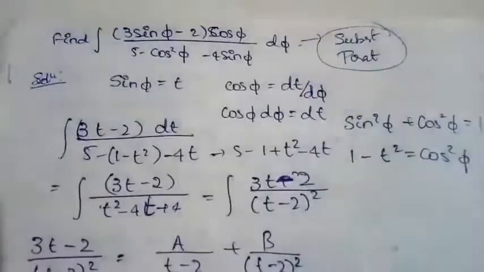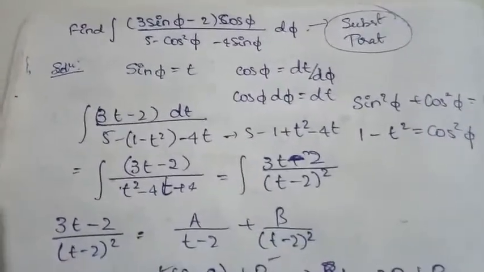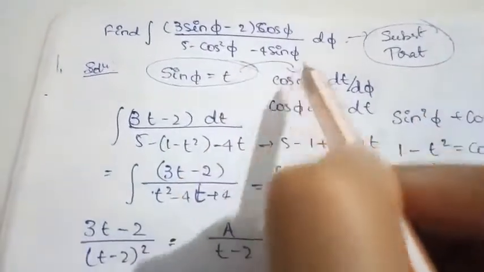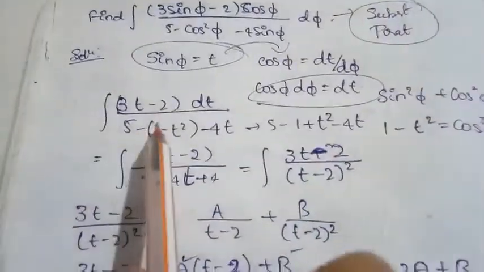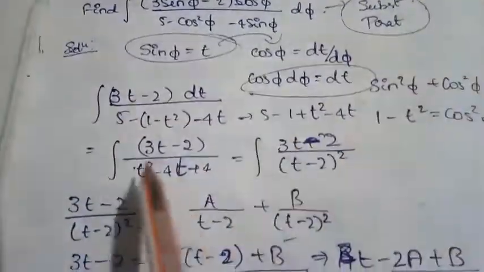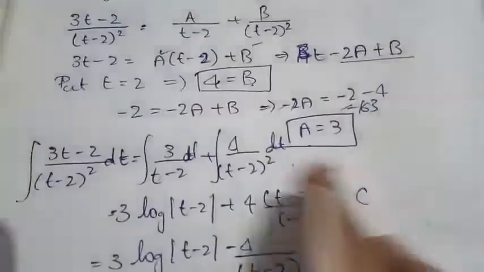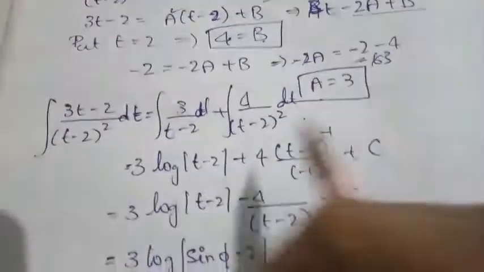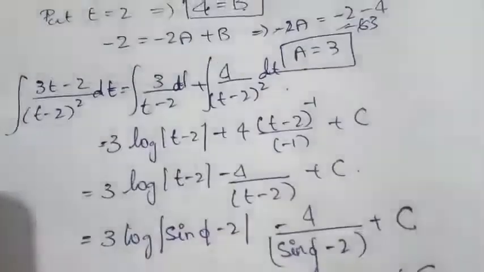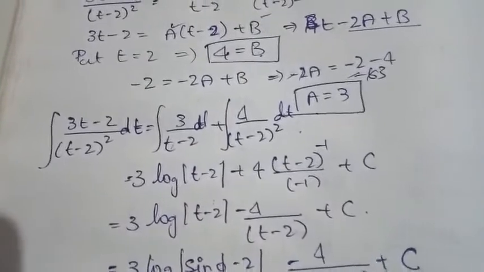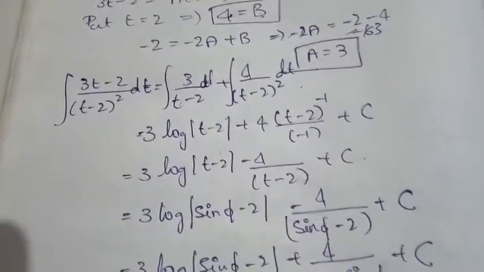So this is how in the given question both the substitution and the partial fractions method are used to simplify it. It started with substituting sin phi is equal to t and differentiating, so that we can substitute clearly like this. After substitution we used t and dt and simplified, and at this stage we used the partial fractions method. After that we went on as per the partial fractions method with respect to the variable t, and at the final stage we resubstituted back the value of t is equal to sin phi. That's all with this question. So be careful while solving these types of questions. Go through it step by step. If you didn't get it, you can ask me at any time.